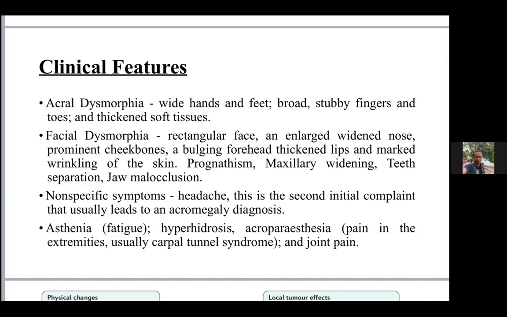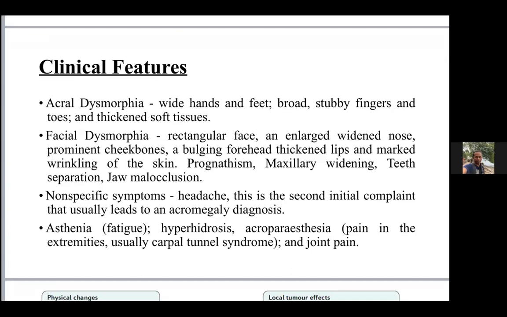You have a rectangular face, a very coarse skin, which would be greasy, and the person would be sweating. They would have an enlarged and widened nose with prominent cheekbones, a bulging forehead and thickened lips. Usually it is the lower lip that becomes much more thickened compared to the upper lip, and wrinkling of the